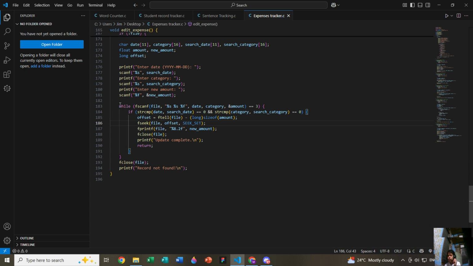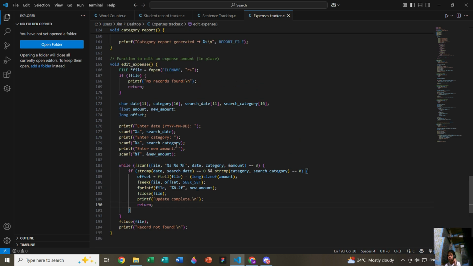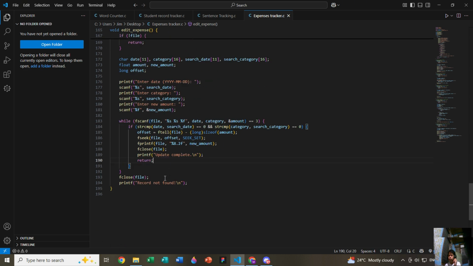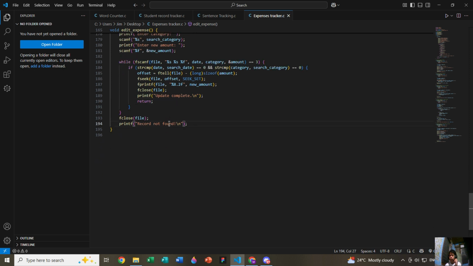Basically, these will move to the correct position using fseek, and then overwrite the amount field of the previous data that was already inputted. After that, it will say update complete, stop the program, and close the file to save it. And if the record is not found, again, it will display this error message. And that's about it.